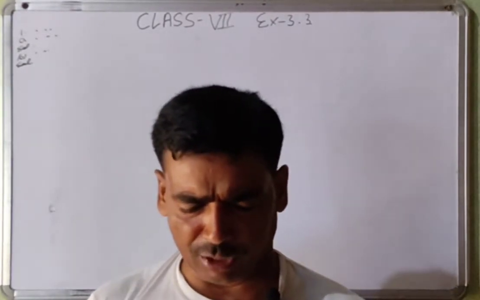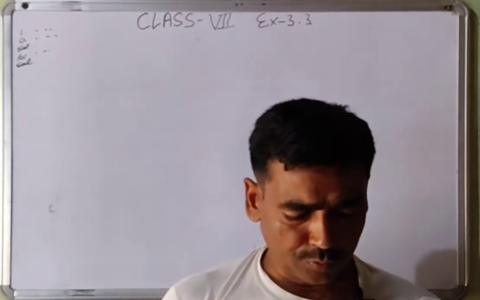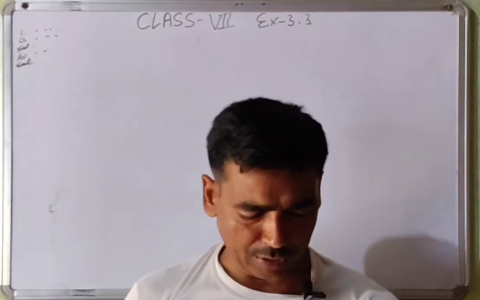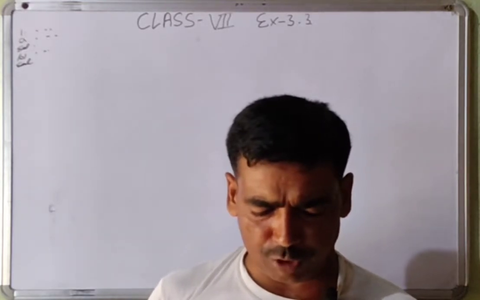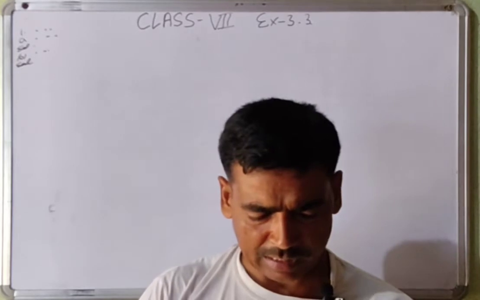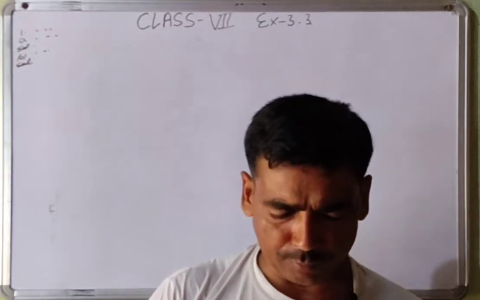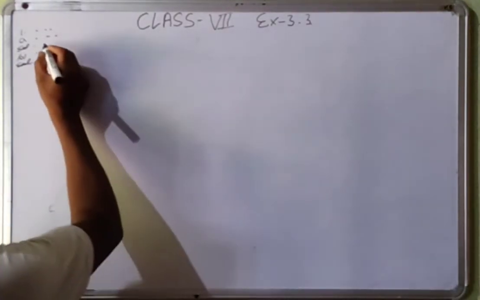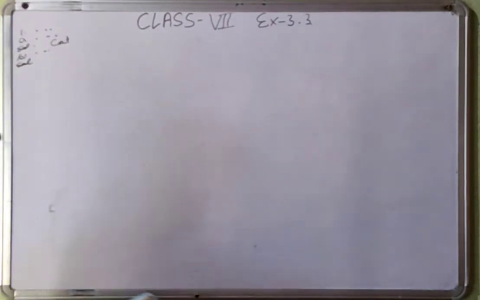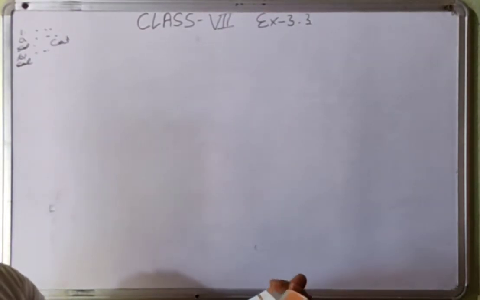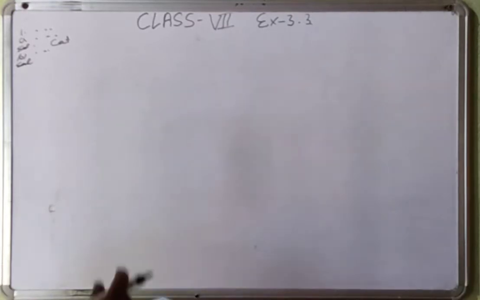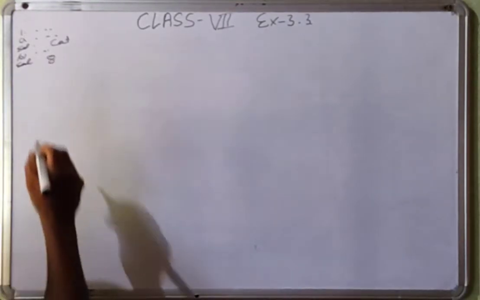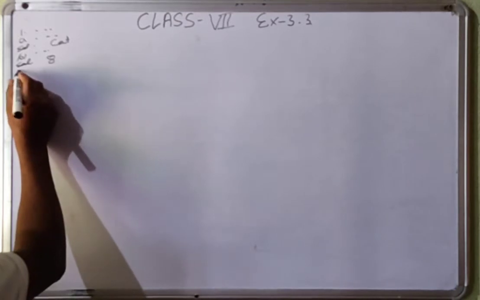Now exercise 3.3. Question number 1. Use the bar graph, Figure 3.3 you are looking inside, to answer the following question. Which is the most popular pet? That's cat. Graph is going up, so that is cat. And then, how many students have dog as a pet? So dog, see the dog bar is going up to 8, so that is 8, when you see it in the tabular sheet.